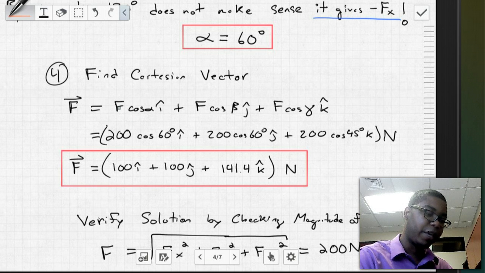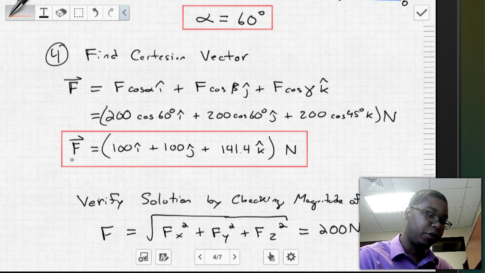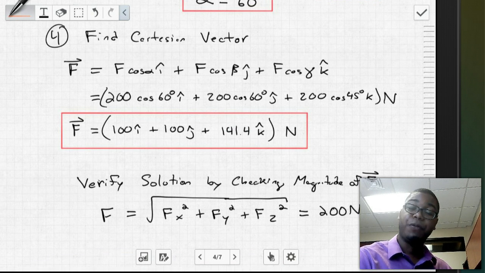So let's look at this form that we have here, and it's clear that we have the alpha, beta, and gamma, and we also have the magnitude. So we can simply directly put in the values that we have and solve for the Cartesian vector. And when we do that, we find that the Cartesian vector is equal to 100i plus 100j plus 141.4k newtons. And in order to verify that we have the correct solution, we can simply check